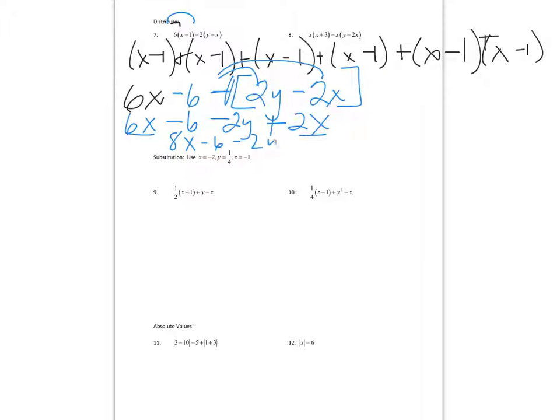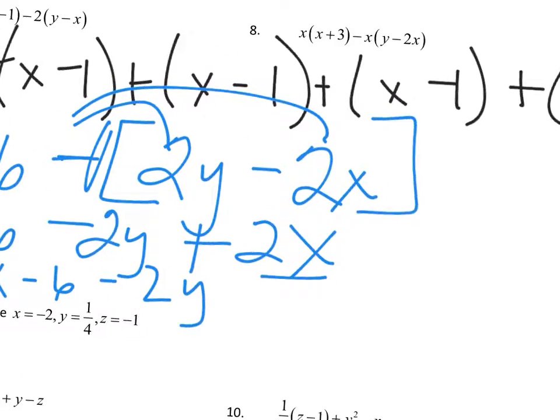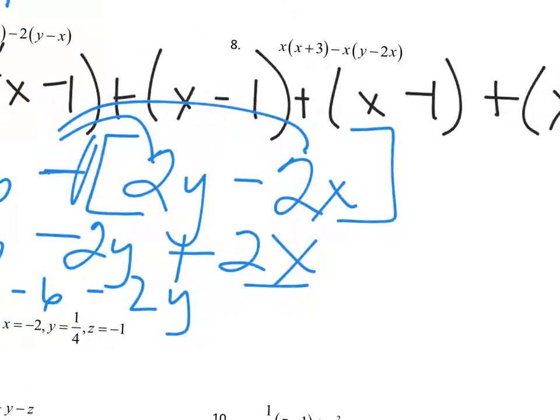so we can call this 6x minus 6 minus 2y. Okay, so in the same idea, we're going to do this one a little bit faster here, we're going to look at just distributing directly without going through all the write-ups. So this is going to give me x squared plus 3x minus brackets, because the minus is outside the group, and I'm going to distribute across xy minus 2,